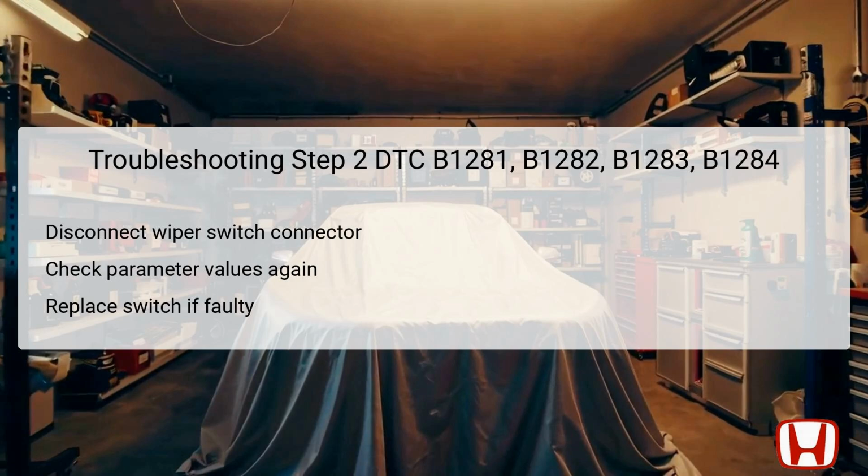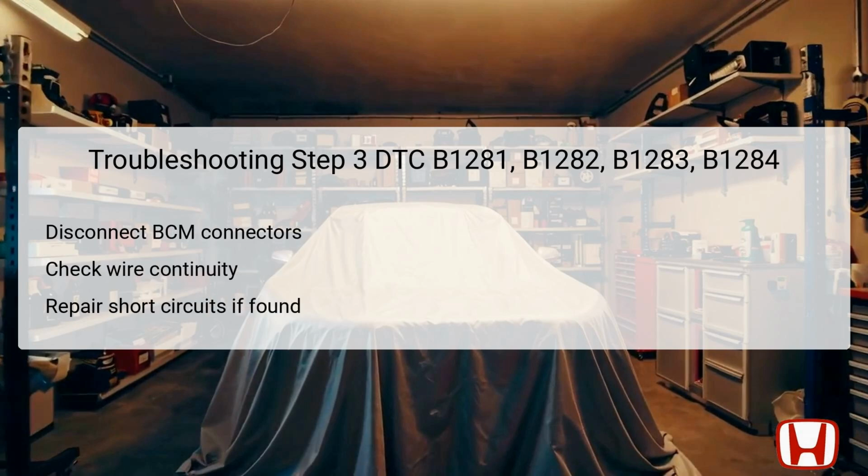Once disconnected, use the HDS tool to recheck the parameter values for the wiper switch positions, ensuring they all read off. If the data list value switches from on to off during this process, it confirms that the windshield wiper washer switch is faulty and requires replacement. If values remain unchanged, it indicates the issue lies elsewhere in the system, prompting you to proceed to the next